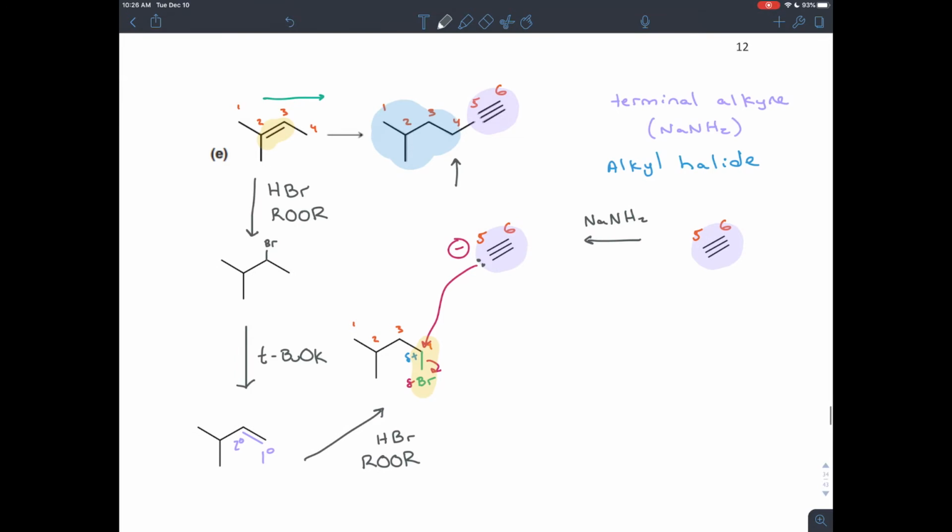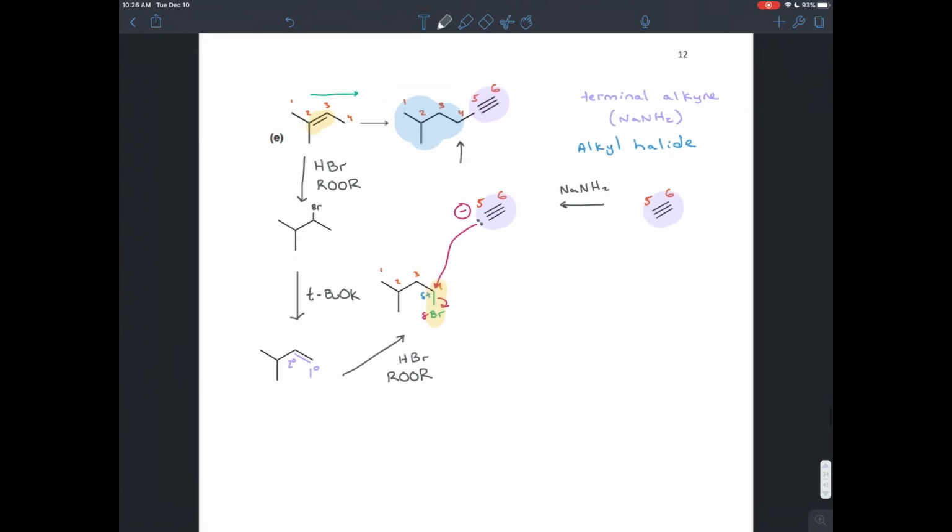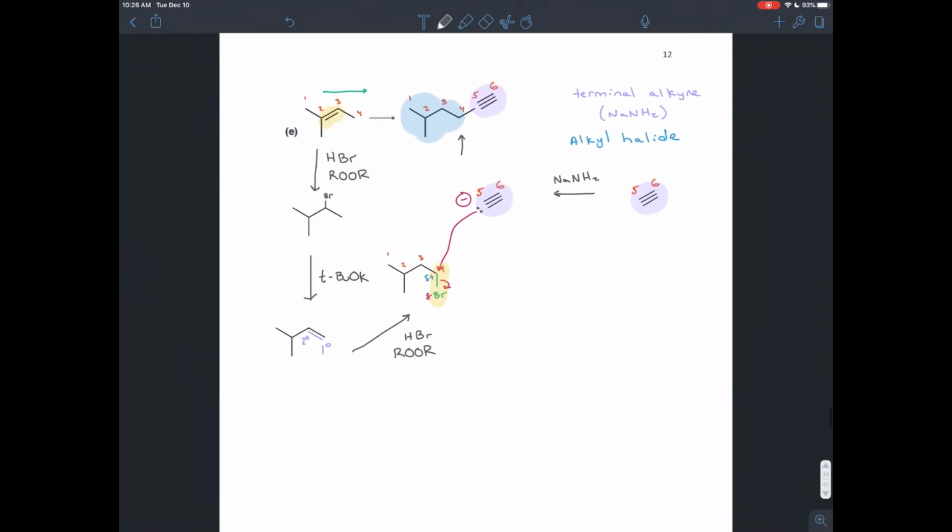So that would accomplish that transformation. We would finally get this product, and we can react it with our terminal alkyne. So overall, to create this transformation, you would want to turn this carbon molecule that they give us. What we noticed was the number of carbons increased, so we know we had to use a terminal alkyne and